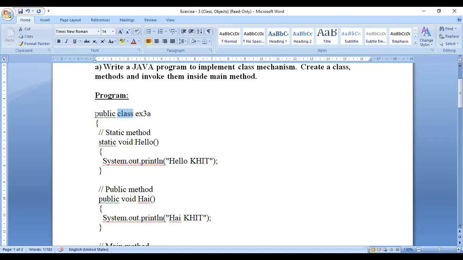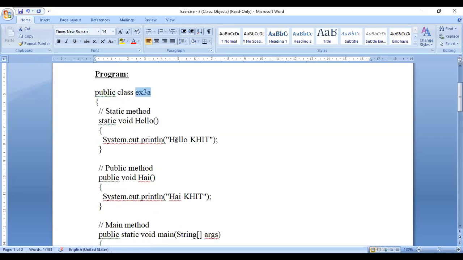The access specifier of this class is public, and the class keyword is followed by the class name. That's why the file name should also be the same, ex3a.java.